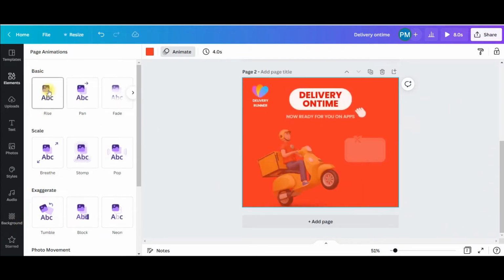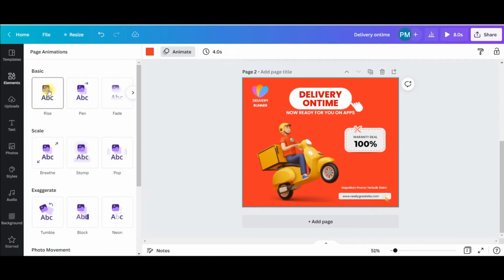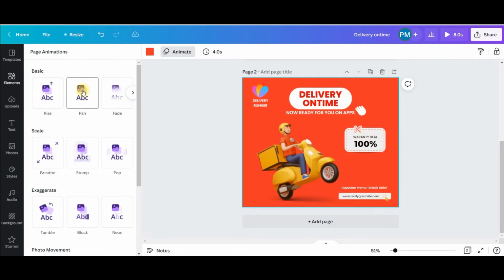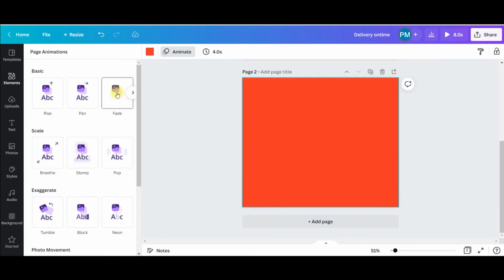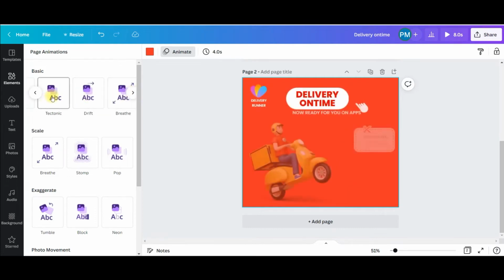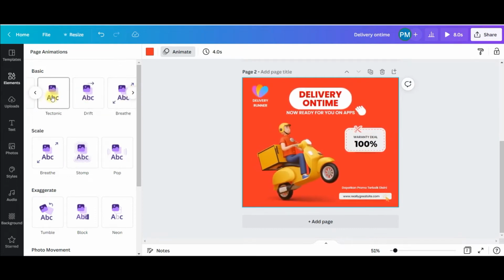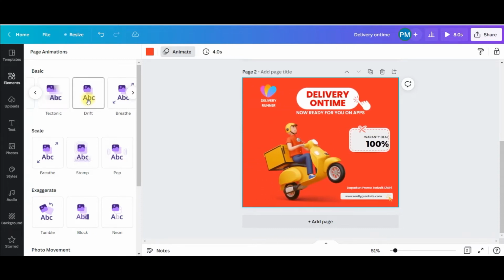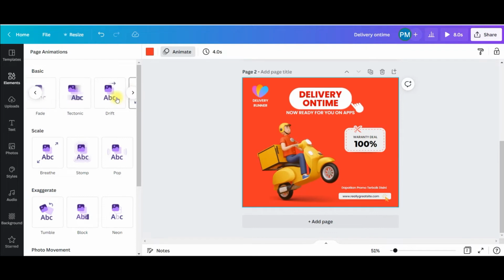Now if I just click here and hover my cursor over these different types of elements, you notice how my slide is changing, right? There are many such options which you can use to animate your page and make it more dynamic, more noticeable and more engaging.